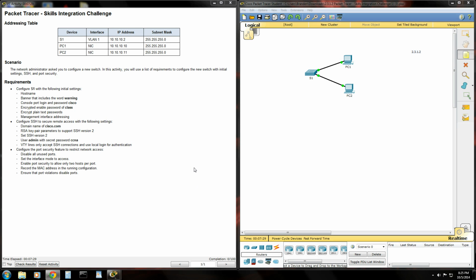Today I'm going to be walking you guys through the Packet Tracer Skills Integration Challenge 2.3.1.2. Now don't let the simple setup here make you think that this is easy, because it's actually quite complicated. There's a lot of advanced config here that we got to pull off on our switch. So let's get started. Scenario here: the network administrator asked you to configure a new switch. In this activity, you will use a list of requirements to configure the new switch with initial settings, SSH, and